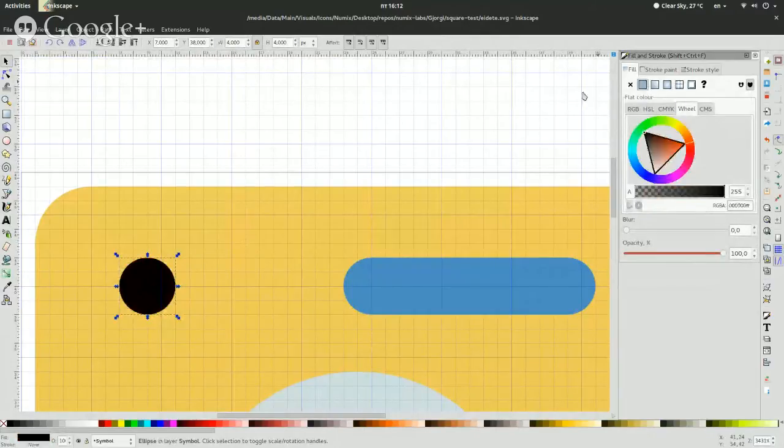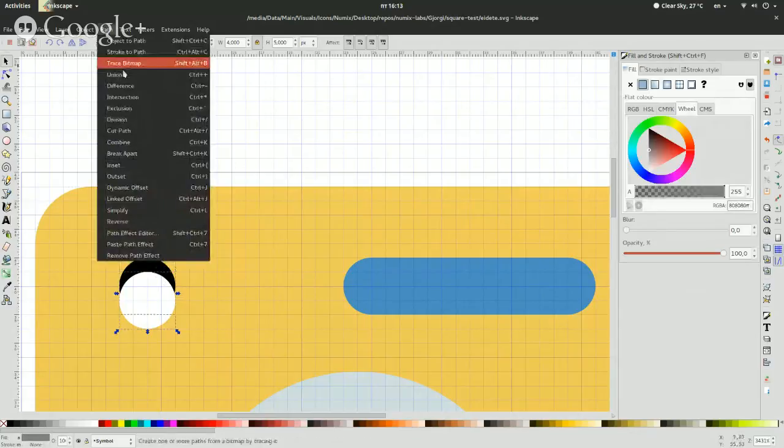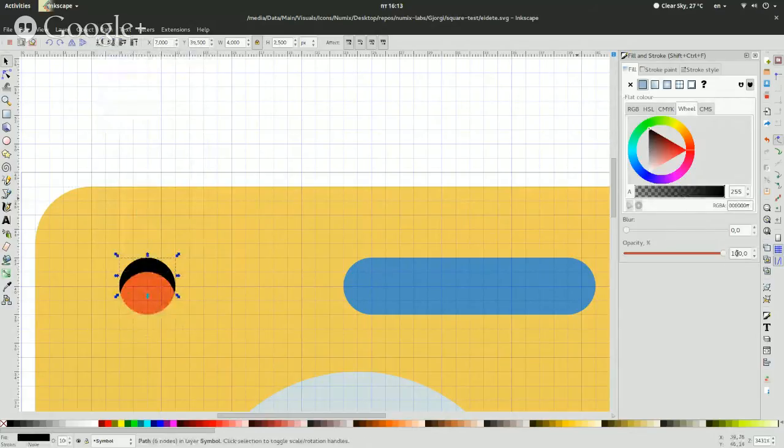Now, you make that duplicate, copy black. You duplicate this. You move it 1 pixel to the bottom, or half pixel to the bottom right, or whatever you want to make the inset shadow look like. You make that white, just so it will be distinguished from the black. You select both, holding shift, you select this one, and you hold shift, and you select this one, and then you do path difference, and then you color this